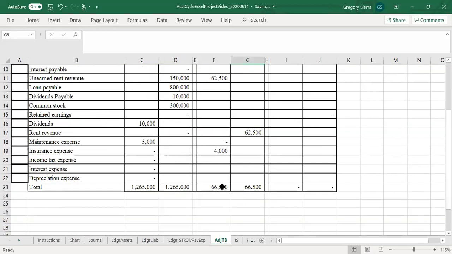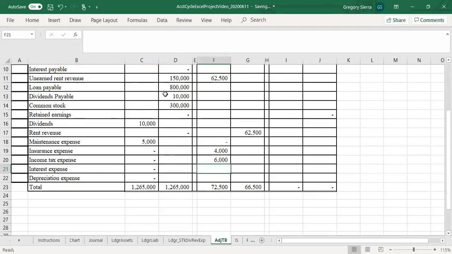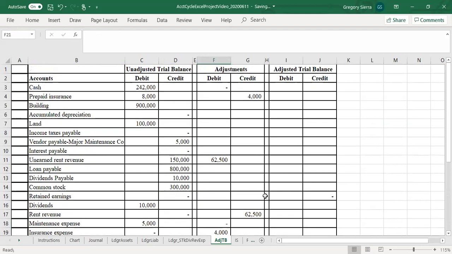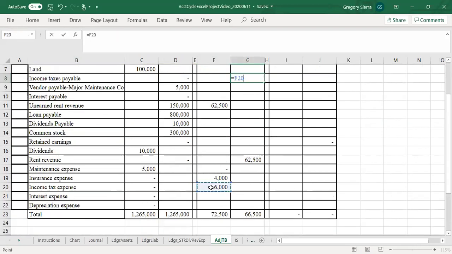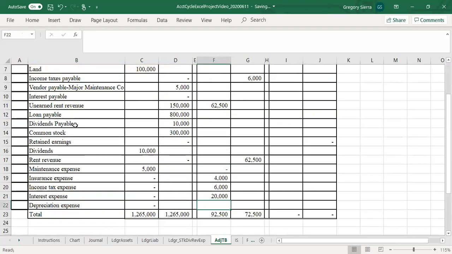See, and I'm still working. Everything's still equal over here. Income tax expense, I know it equals 6,000, but we want to point to it. Okay, and it's good that you stick to a process, because if things go wrong, then you know what you did. Okay, interest expense, I know it equals 20,000, but we're going to point to it. And then interest payable,